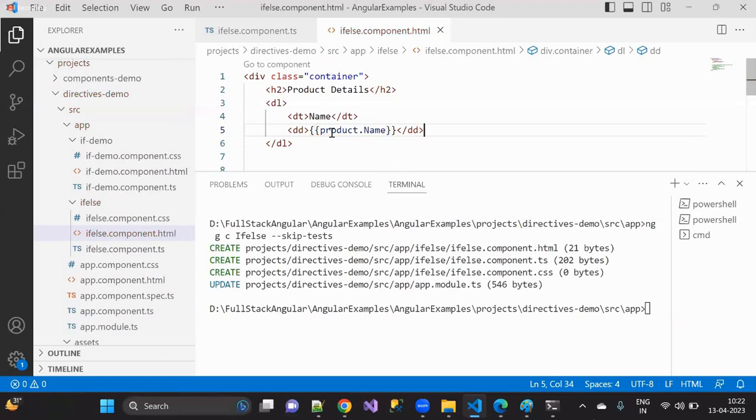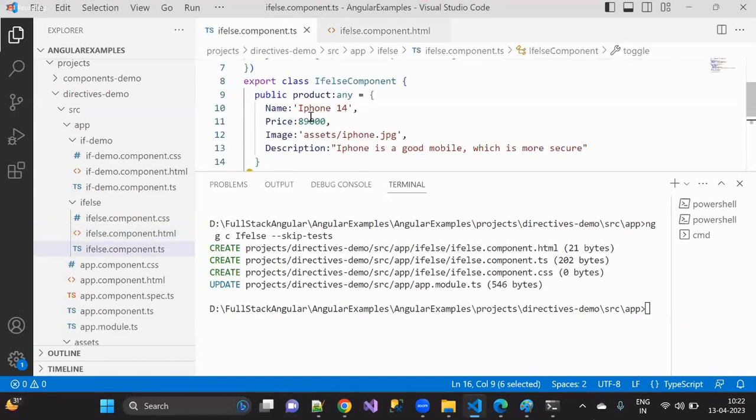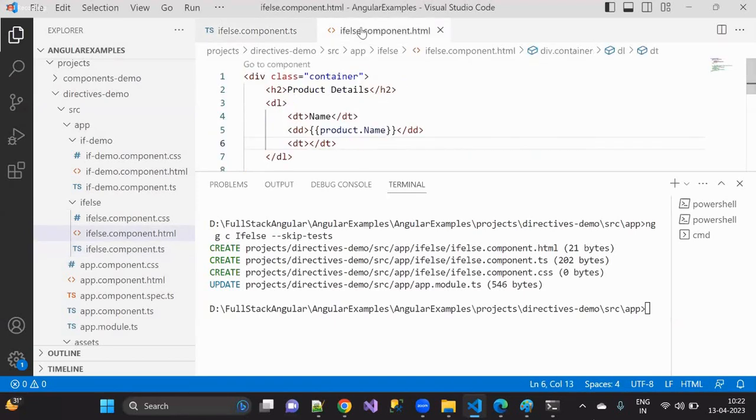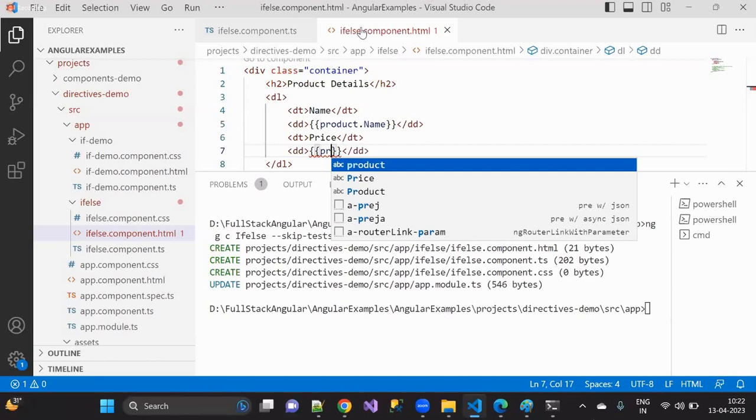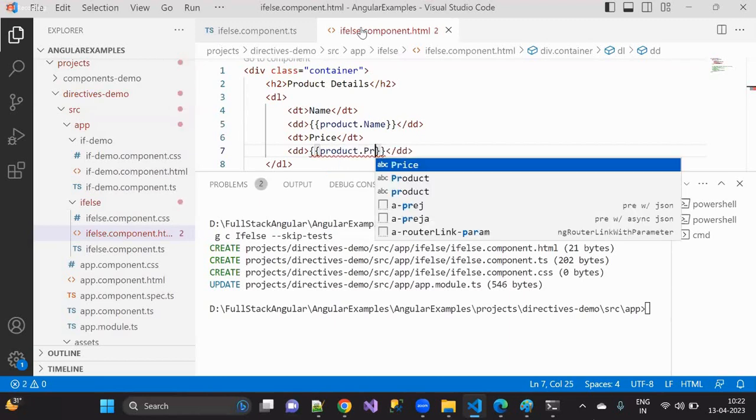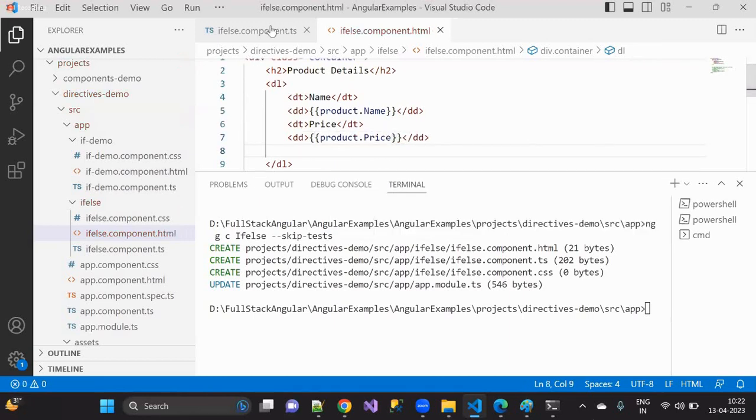This is the one. After that, I use a DT and here I can go with the next one, which is price. And I'm using DD where I can use product dot price. And the next one is going to be,